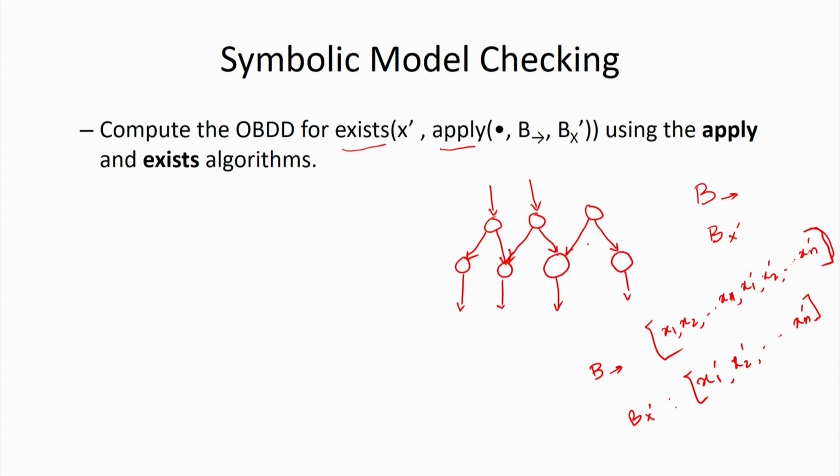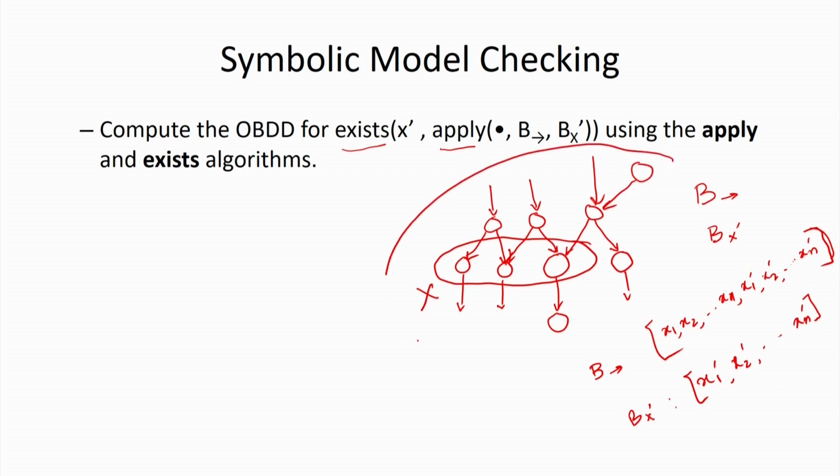And so, we are considering that this is the state x, x is the set of states. Okay. Now, we are using that particular B x prime to represent this particular set of states, and B arrow is the representation of this particular entire state transition graph. Now, when we use this particular